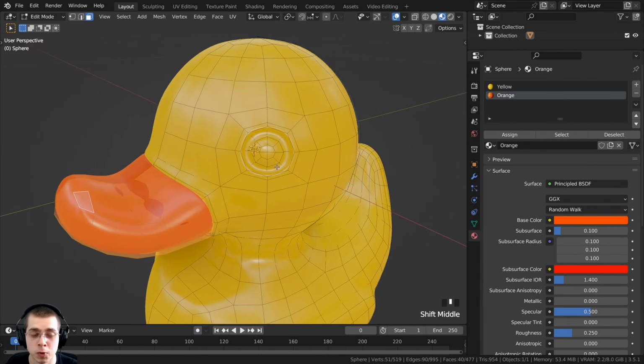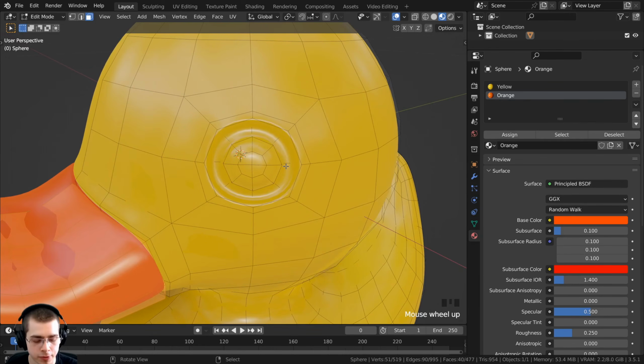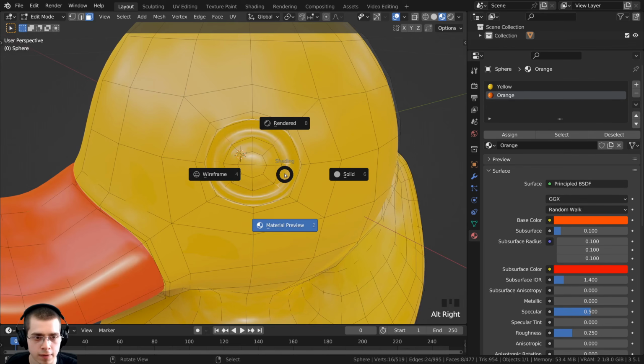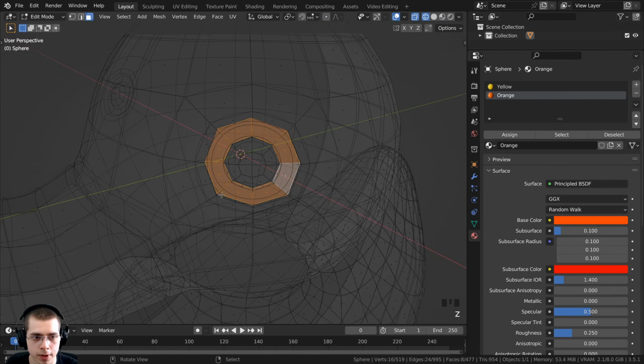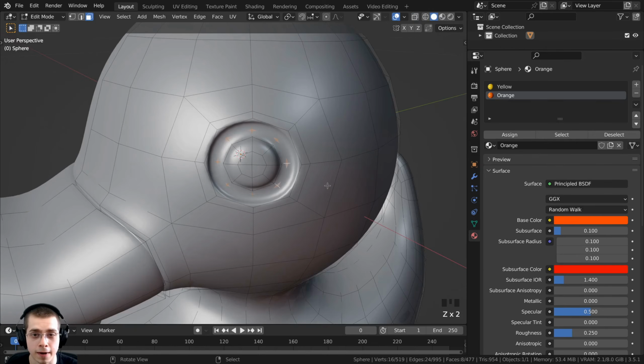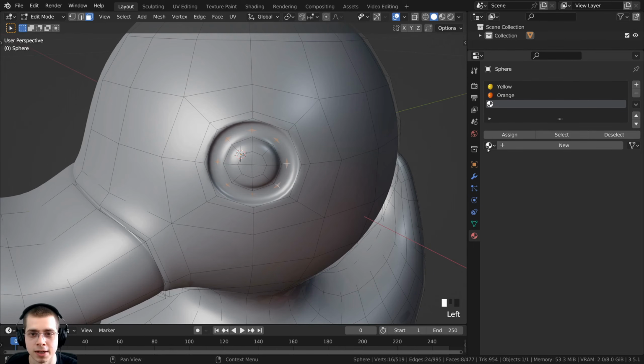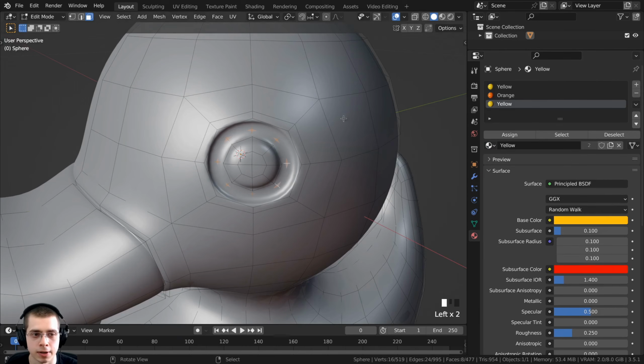And then I want to add 2 more materials for the eyes. So I'm first going to hold down the Alt key and I'm going to select those faces right there. If I hold down the Z button and go into wireframe, it's going to be those faces there in the back of the eye. So I can now click on the plus here to add a new material in the slot. I can click here to select a material, and I'm going to select the yellow material,